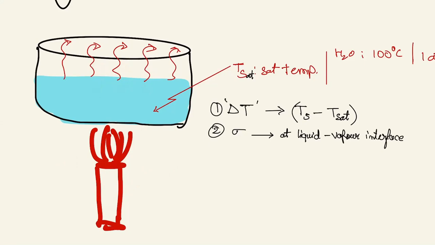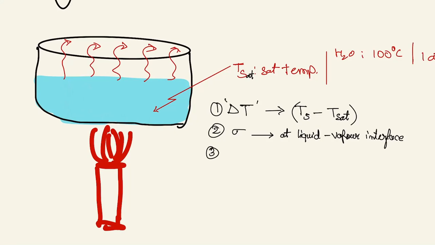Now remember the second case where I said we also see some small vapor bubbles being formed, and now these vapor bubbles travel up and go out, right? So what is the driving force for these vapor bubbles to go up? It's the buoyancy force that is driving those vapor bubbles to go up, because of the density difference between the two phases.